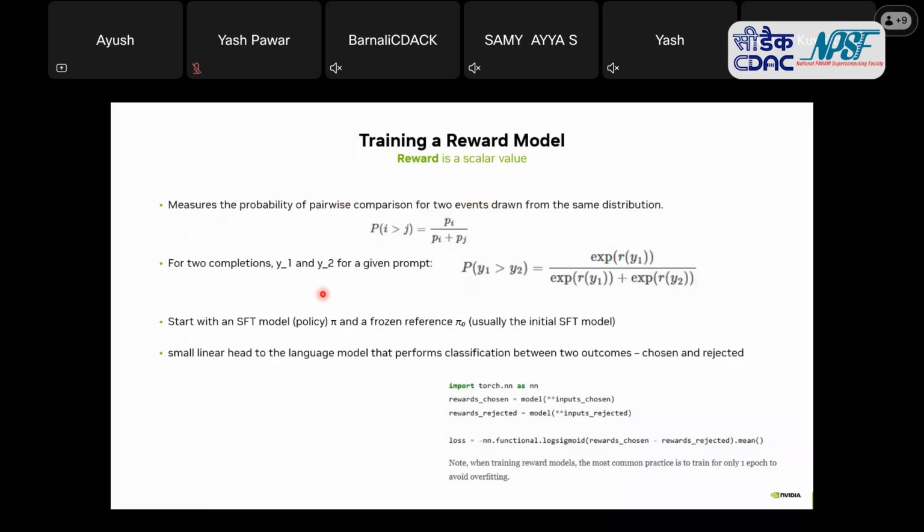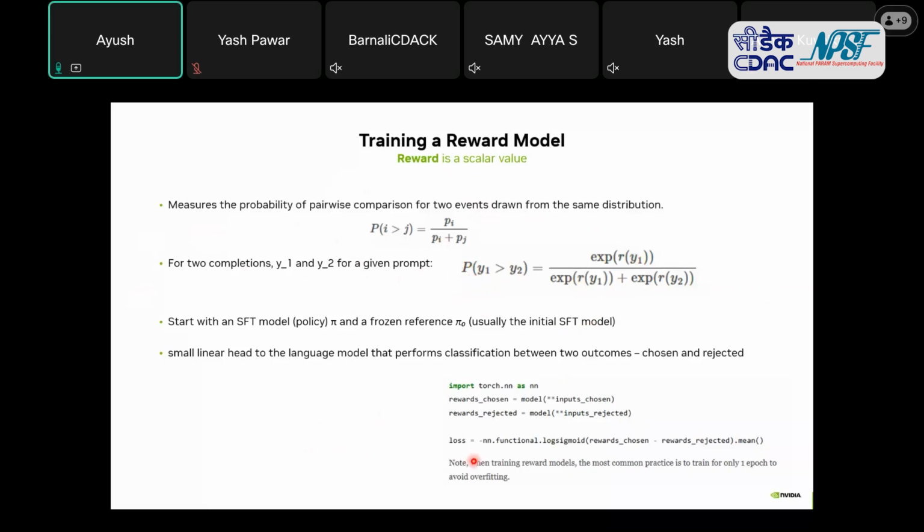Now, in the context of the language model, for two completions, let's say y1 and y2, the complete answers for a given prompt, what is the expected preferredness probability for preferring y1 over y2, right? And by maximizing the log likelihood of this particular function, one can derive the new loss function. Once you do a maximum likelihood estimation, the log likelihood of this function,